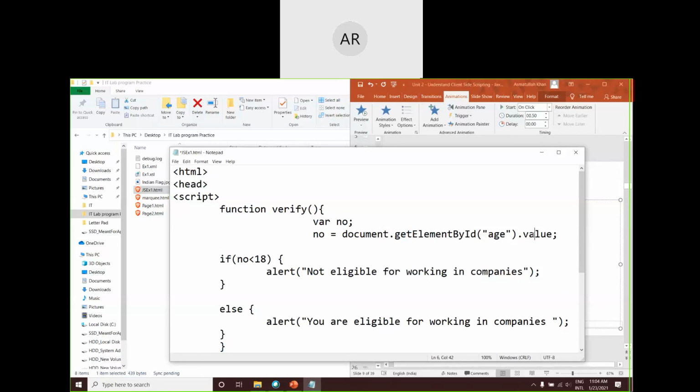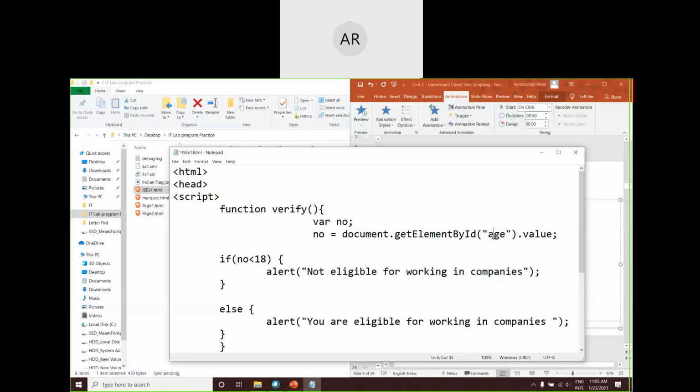I'm telling it to get the value of the tag whose ID is age, which is identified with the word age. This getElementById is a function. You can see that it has parentheses. I'm passing to it the ID of the tag whose value is to be taken.